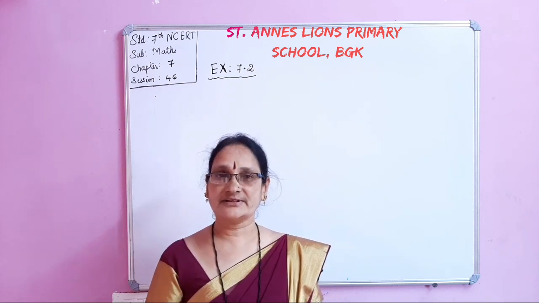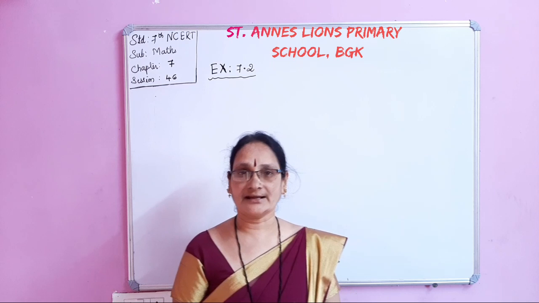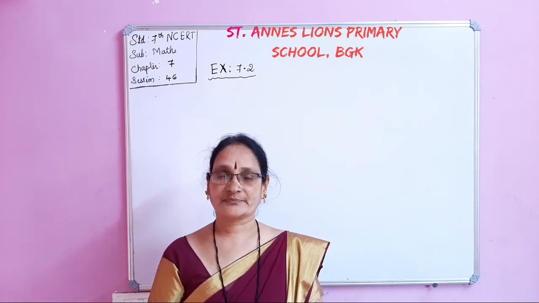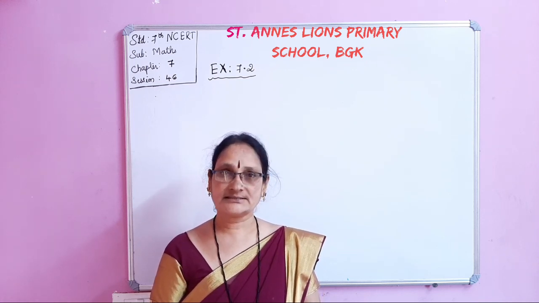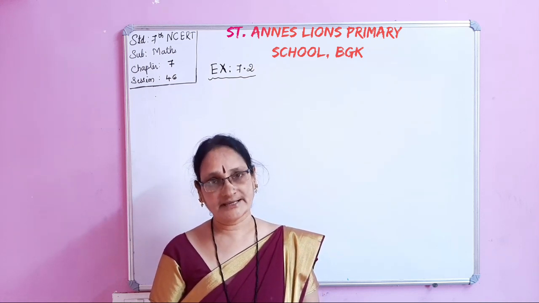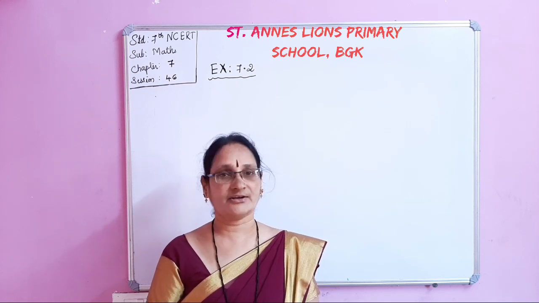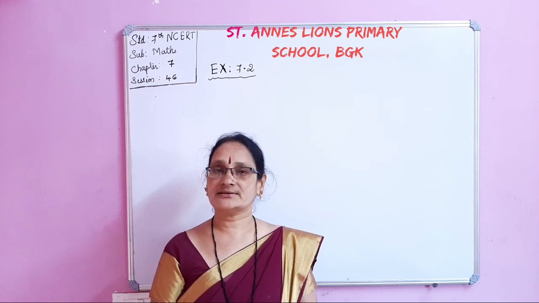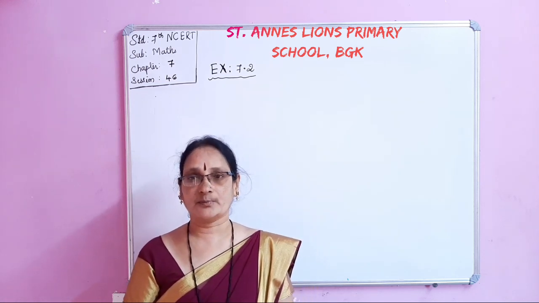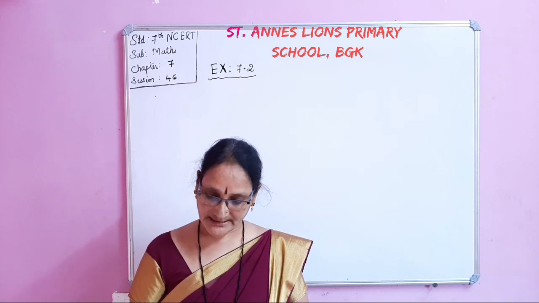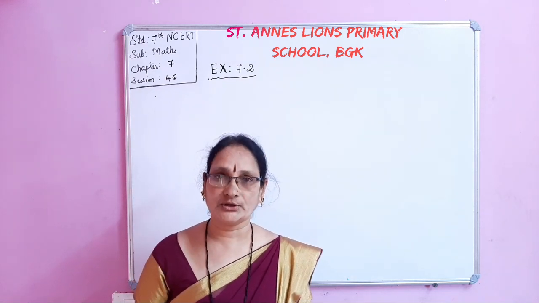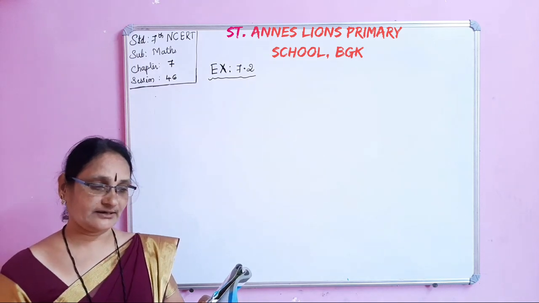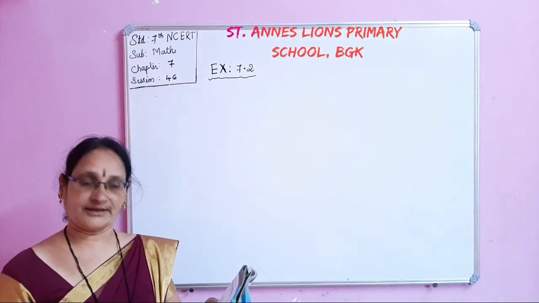In the previous class we have seen some criteria for congruence. Which criteria have we seen? We have seen SSS, SAS, ASA and RHS criteria. Now on this base, today we are solving exercise 7.2. See, in exercise 7.2, first main, which congruence criterion do you use in the following?